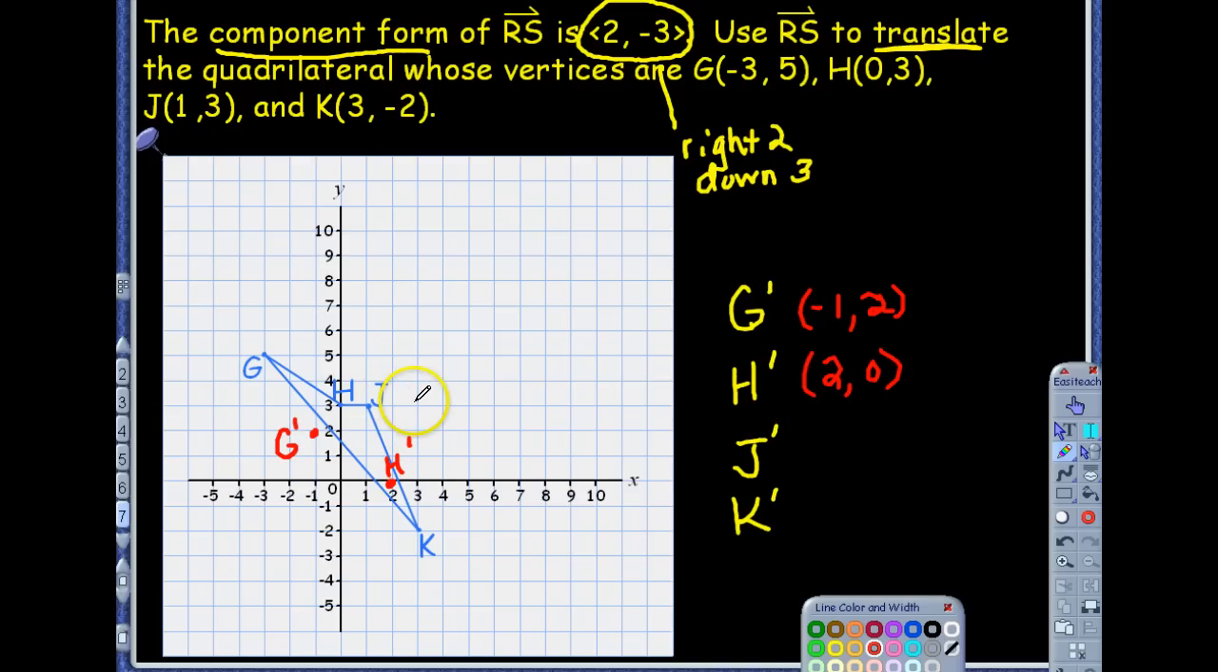And for J, we go right 2, down 3. So we're at, you're good. Same. Yep. So J prime is at 3, 0. And for K prime, again, if we go over 2, down 3, I should say right 2, down 3, it's at 5, -5. And if I connect these,